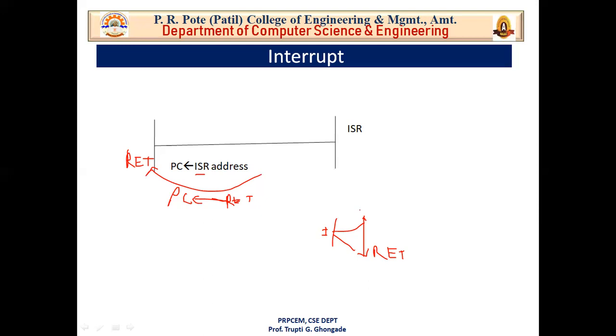That means the return instruction mechanism cannot be rigid. The returning mechanism has to be flexible. While writing the ISR, you have no idea where you have to go, so you cannot say return back to memory location 2000 or 3000. You can only say return. So what is missing over here is the return address to go from here to here.